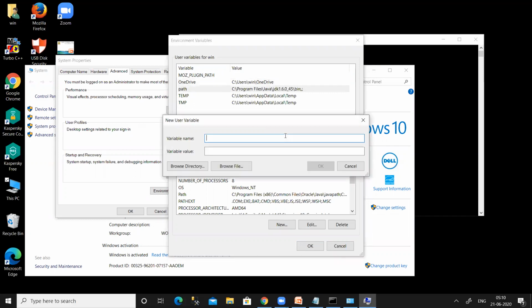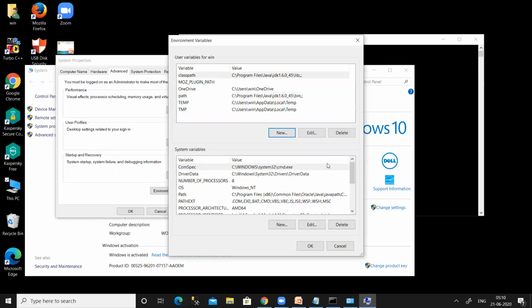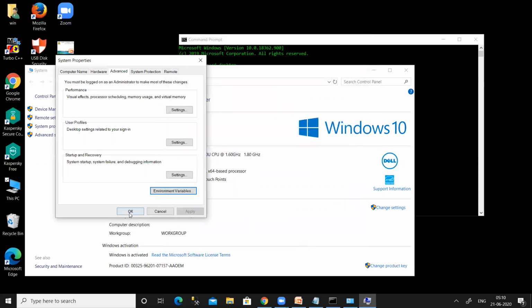And then again click on new, and now give the variable name as classpath and the value as the lib address, followed by a semicolon. So for the path, we have to provide the bin address, and for the classpath, we have to provide the lib address. And click on OK, OK,